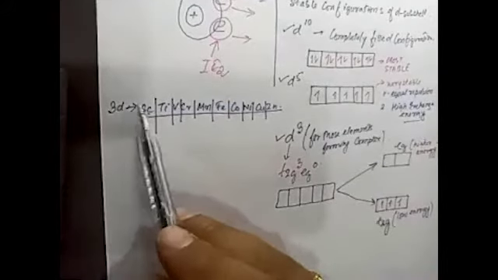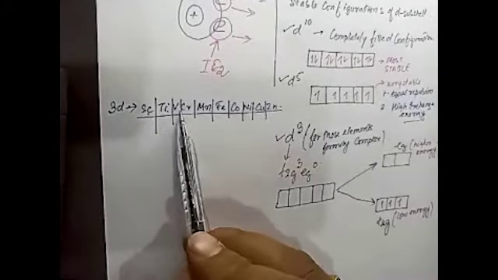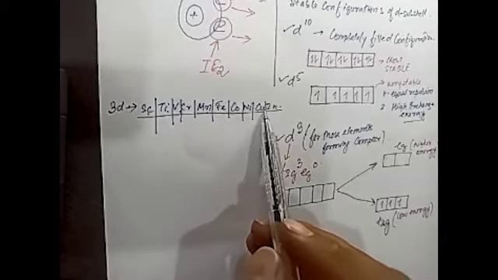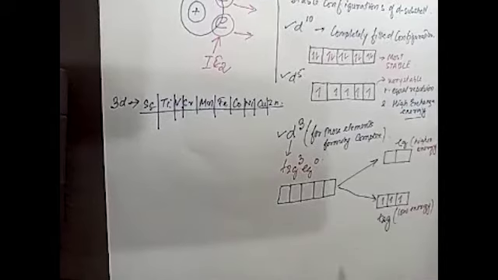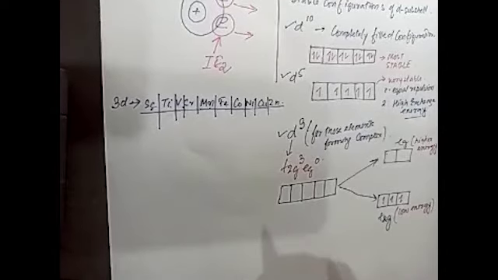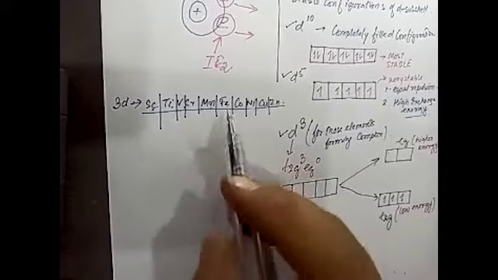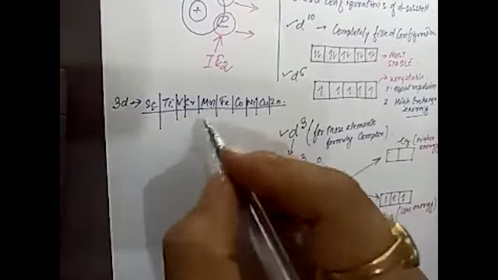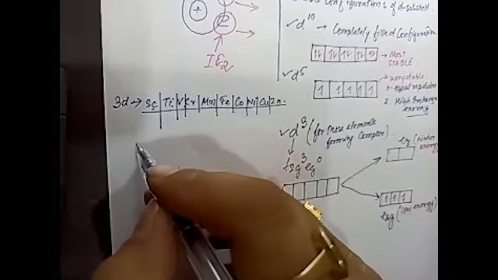Okay, so these are the first elements of the 3d series: scandium, titanium, vanadium, chromium, manganese, iron, cobalt, nickel, copper, and zinc. Okay, so if I suppose there are some elements, suppose I write